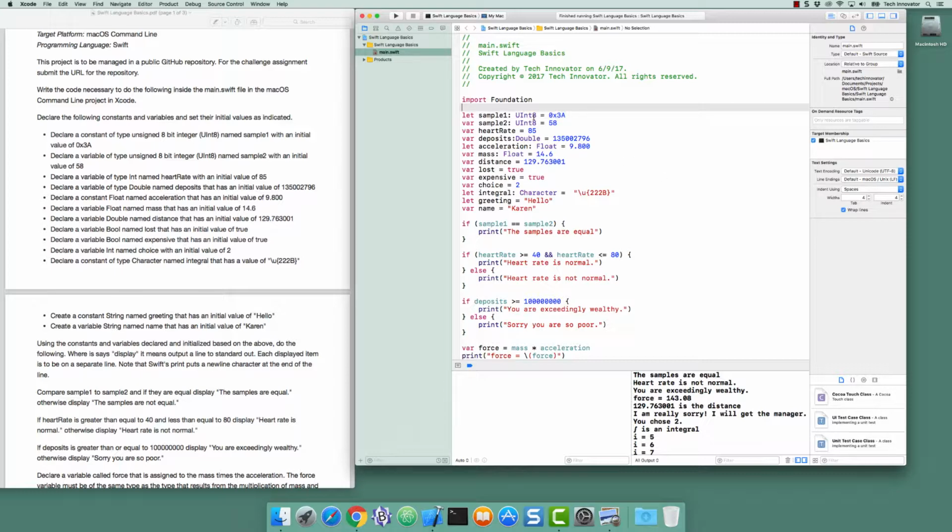An unsigned 8-bit integer can hold values from 0 to 255. 8 bits can have 256 values. Since it's unsigned, it's going to be 0 and positive values. And so 0 through 255 is what we can hold in a single byte, that is in 8 bits, if it's treated as unsigned. Now I need this explicit declaration of the UInt8 after sample1, because if I say let